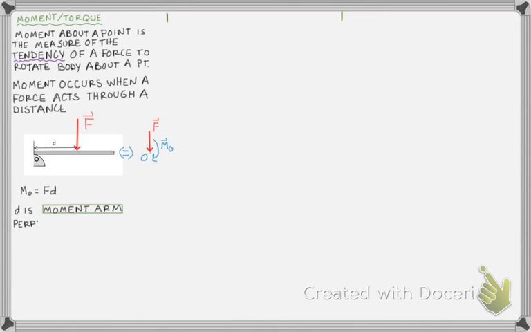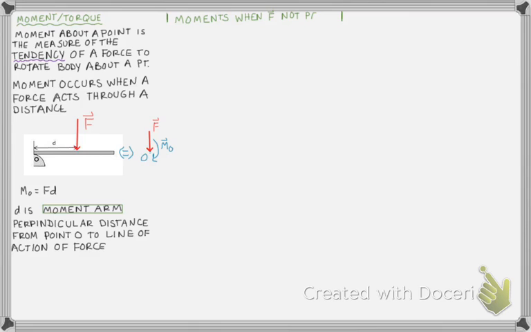And the moment arm is the perpendicular distance from the point we're trying to rotate about. So the perpendicular distance from point O to the line of action of the force. So basically, it's the distance from point O to the force, but that distance needs to be perpendicular to the force. So what happens when the force is not perpendicular